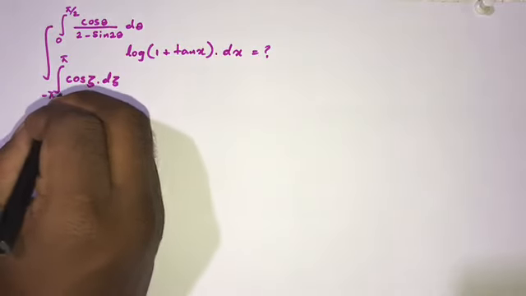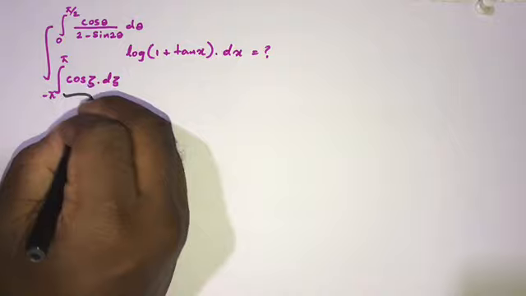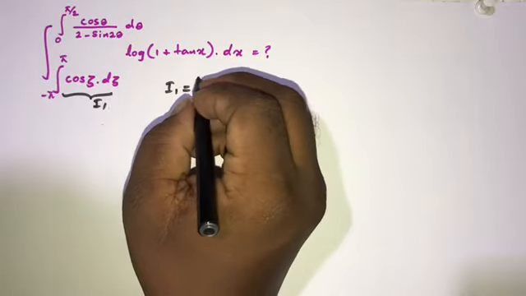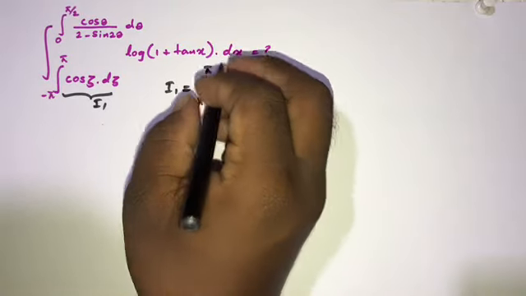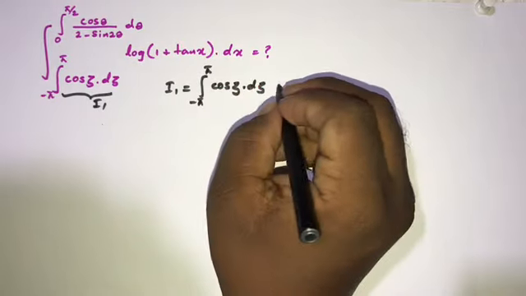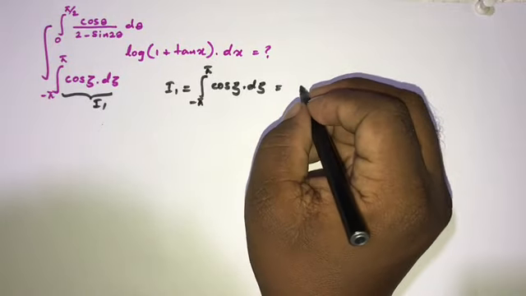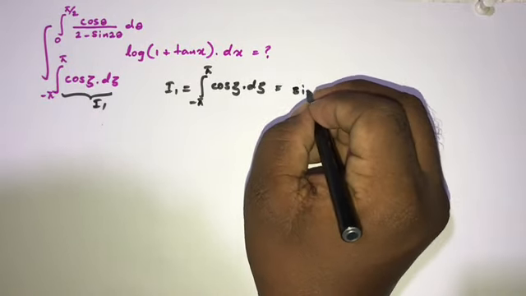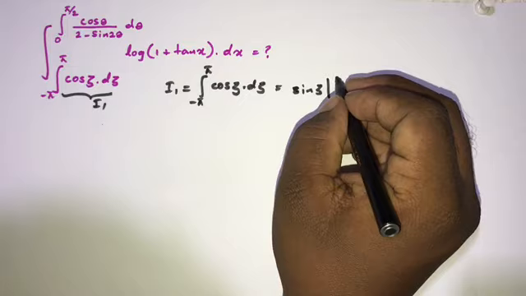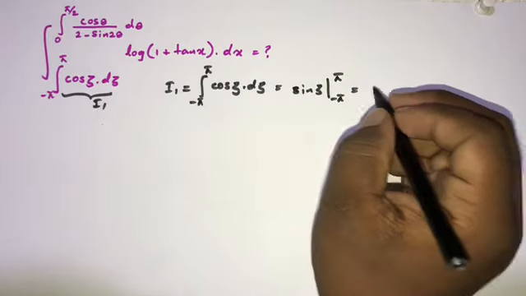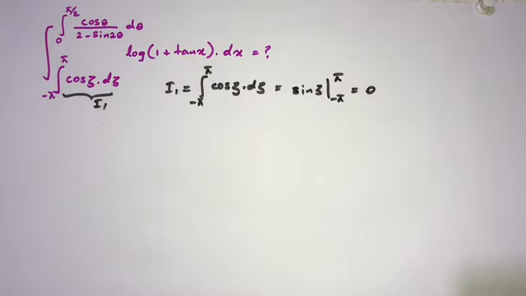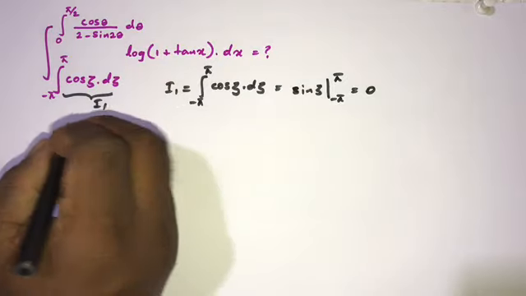So if we take the lower limit, this is equal to I1. Now if we take I1, we know the integral from minus π to π of cosine of θ dθ is equal to sine of θ from minus π to π, and if we plug in π and minus π, we know this is equal to 0. Okay, now if we take the upper limit I2,